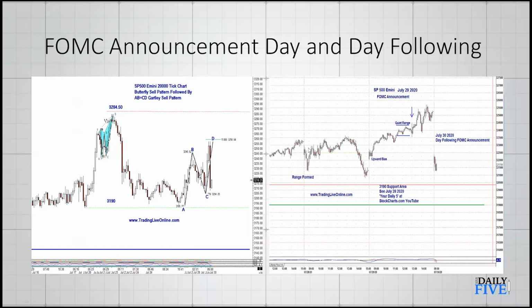So again, some of the things that we want to be looking for around FOMC is opportunities to capture that upward bias, and then understand that after the announcement is out, the trading may be very volatile. We'll get either ranging into the close, or you may get a strong trend, but expect anywhere from, again, 1 to 5 days of a strong move in either direction